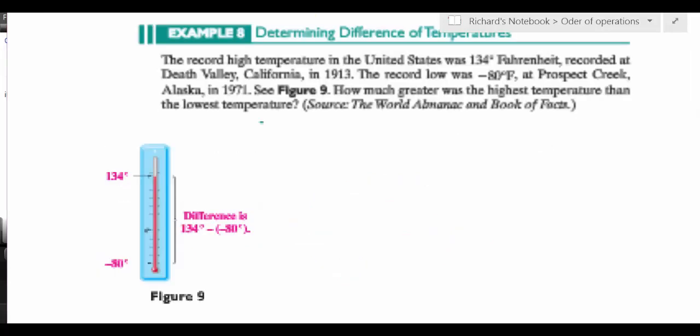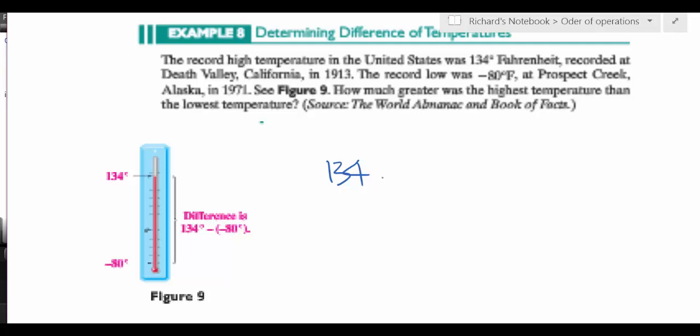I guess finally here, example 8, determine the difference of temperatures. The record high temperature in the United States was 134 degrees Fahrenheit in Death Valley, California. The record low was -80 at Prospect Creek, Alaska. How much greater was the highest temperature than the lowest temperature? Well, here's how you go about doing this. You go, okay, well, the highest temperature is 134